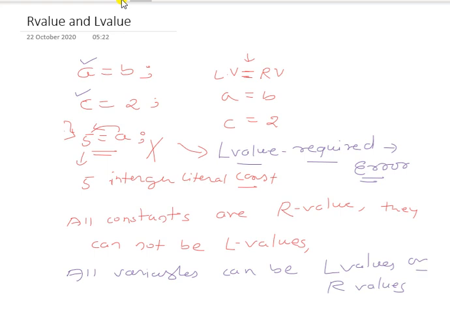See here, A is a variable and it is the L value, and B is also a variable, here it is becoming an R value. So a variable can become an L value or an R value, but constants are always R values. A clear understanding of variables, constants, and the concepts of R value and L value is an essential skill you need to develop correct and reliable programs.